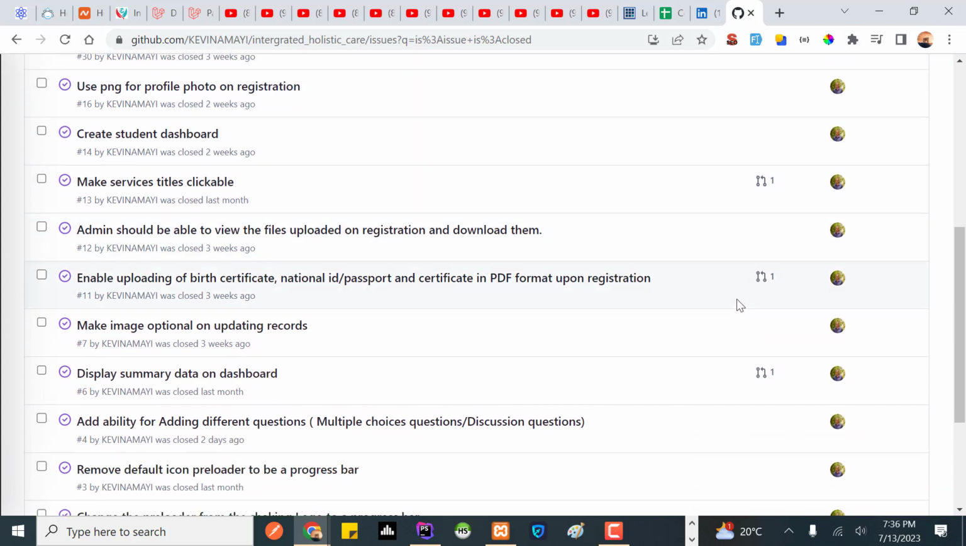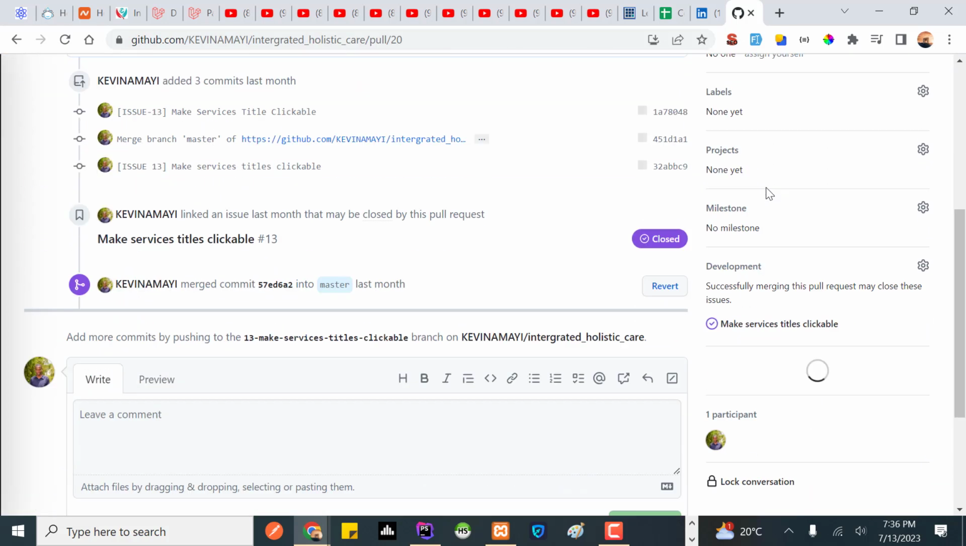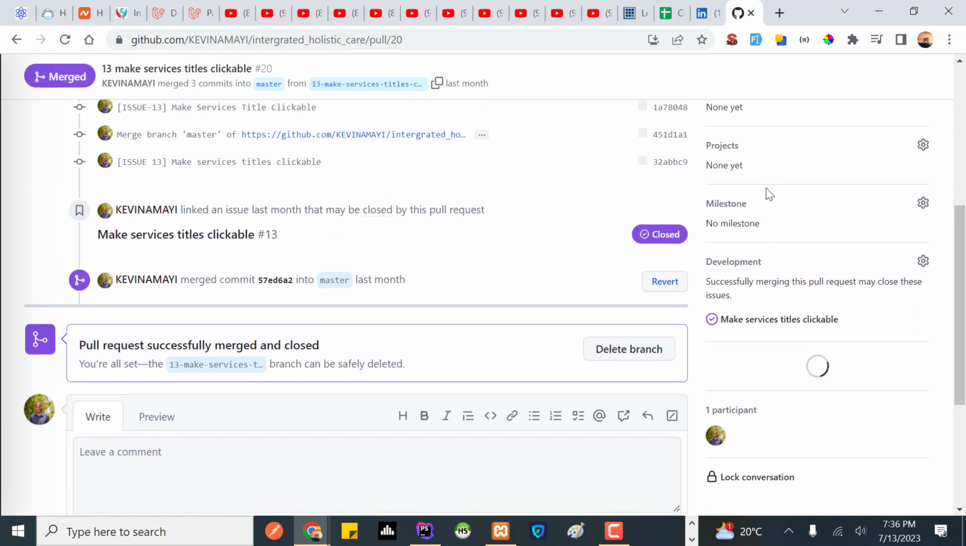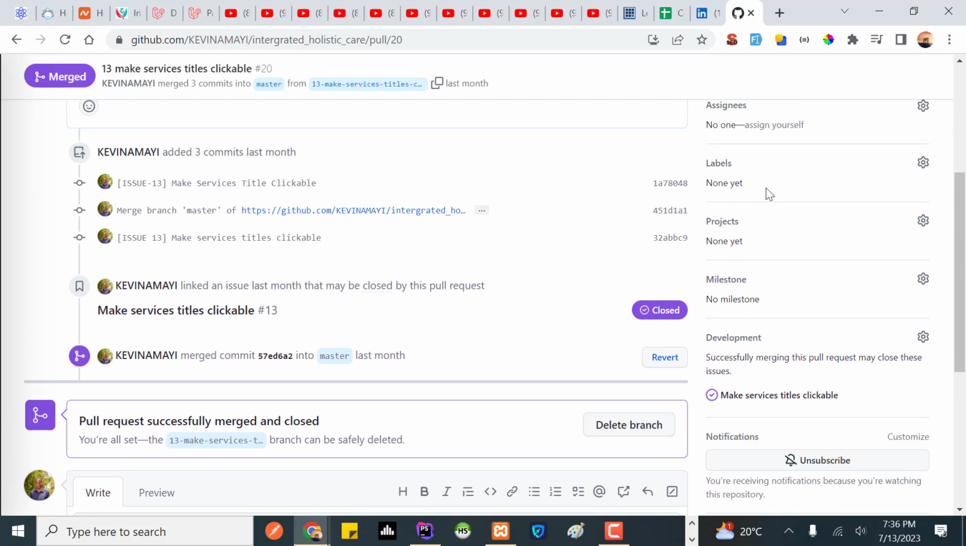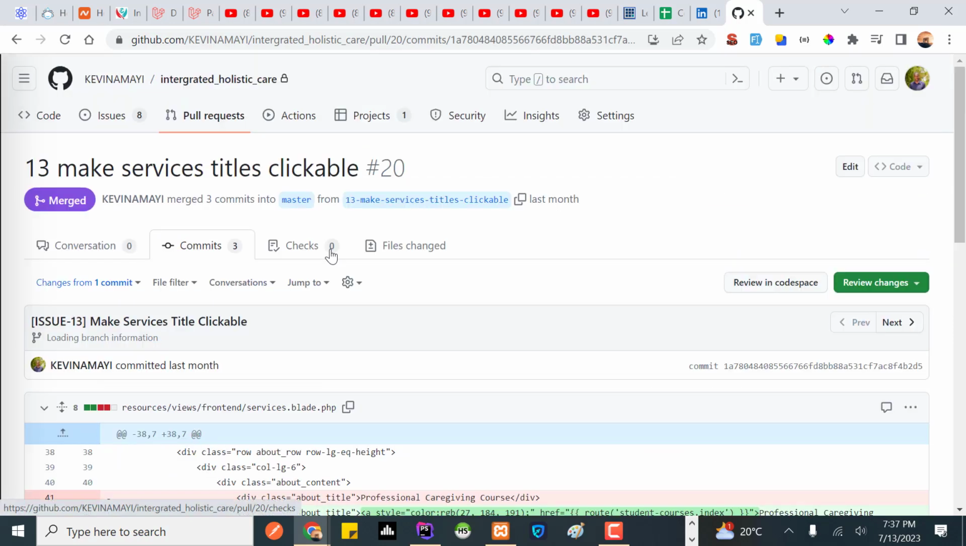issue. When someone performs a pull request, it puts this guy here, and if I click on this guy here, you can actually see the code for that specific issue and the commit that the person did. In my case here, I did commit something like make services title clickable. This is last month here. So, and if I click on this, I can actually see the code that I committed for